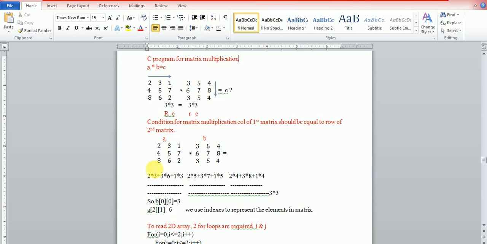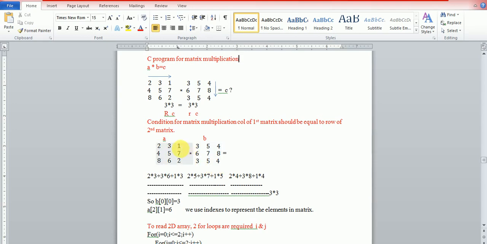So if we are multiplying A and B, then 2 into 3 plus 3 into 6 plus 1 into 3. So we are going in the forward direction in A, and B is computed in a downward direction. Similarly, 2 into 5 plus 3 into 7 plus 1 into 5.